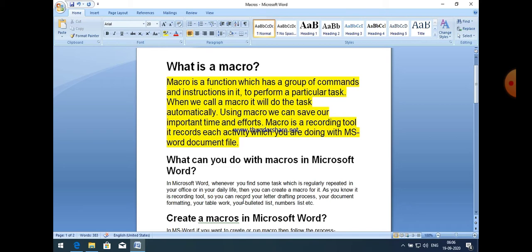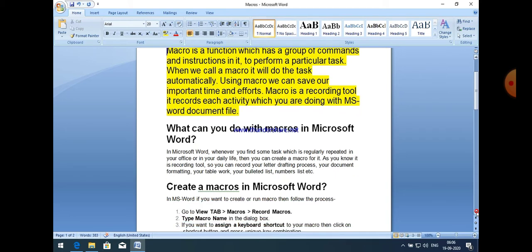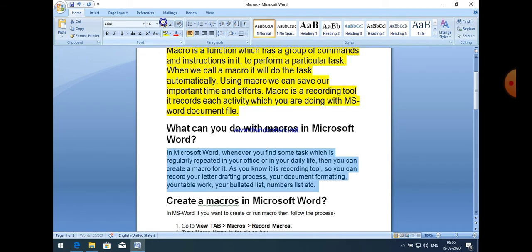Macros are nothing but a group of commands or instructions to perform a particular task, and we use macros because we want to save our time and effort.